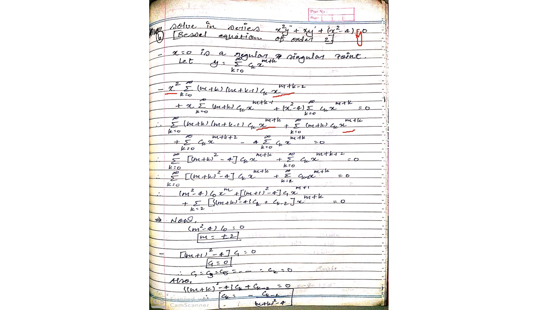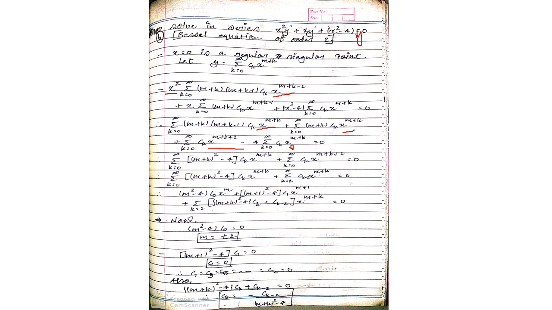So x square into this term, that is x raised to m plus k plus 2, and minus 4 does not have x with it, so that will be as it is. Now check whether there is any similar power of x or not. If yes, then just take out the common. So see the first, second and the third term, these have a similar power, right? So from these terms I am taking out the common.